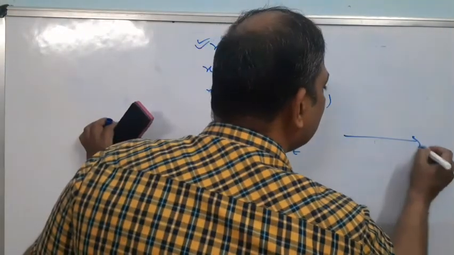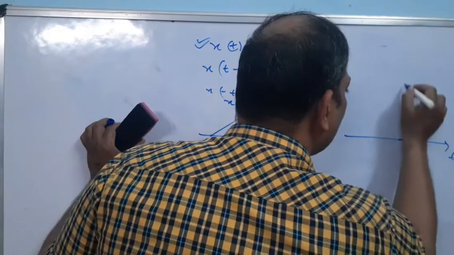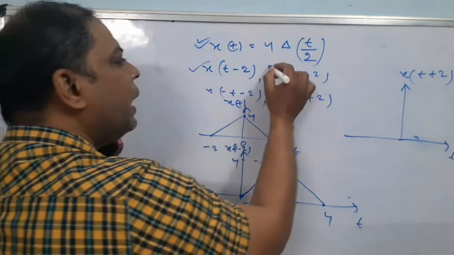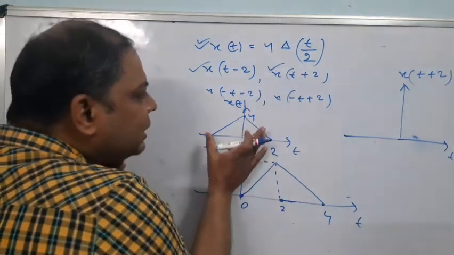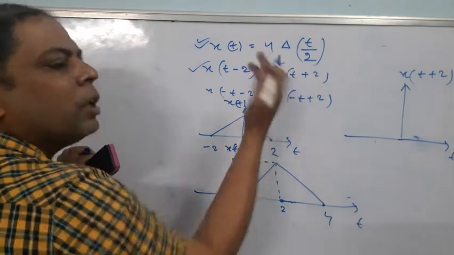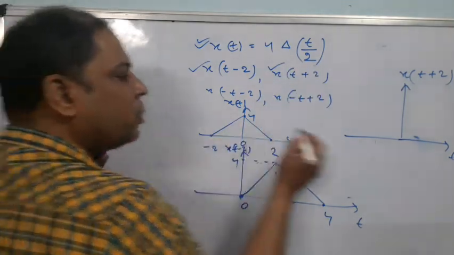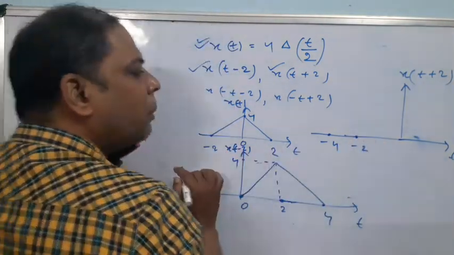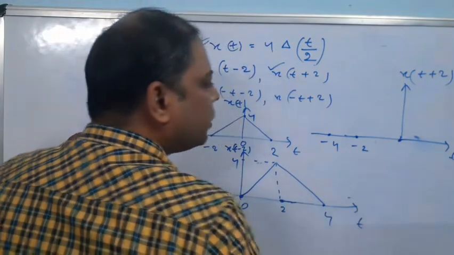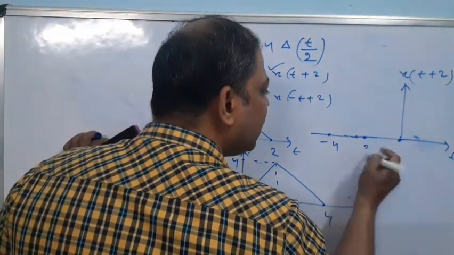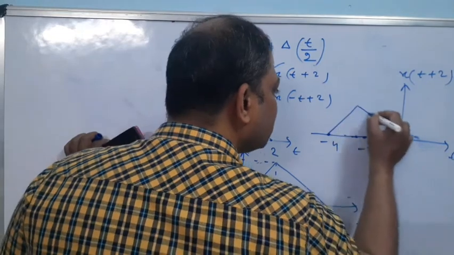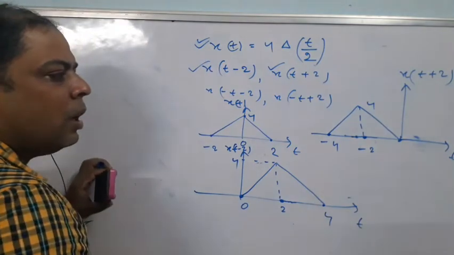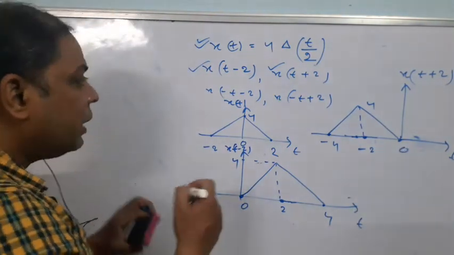Now similarly, next you just make the sketch of x of t plus 2. Look, next question, this is x of t minus 2, x of t plus 2 how? So this signal shifts towards left, plus means left shifting by an amount of 2. So minus 2, minus 2, minus 4, that means minus 4. Then 0, minus 2, minus 2. Then 2, minus 2, 0. That means the signal will become this type of signal. This is your 4. There is no problem. Understood or not? Next important.